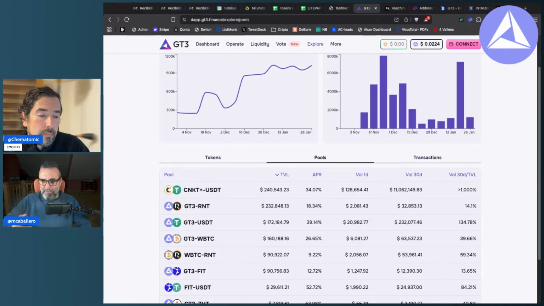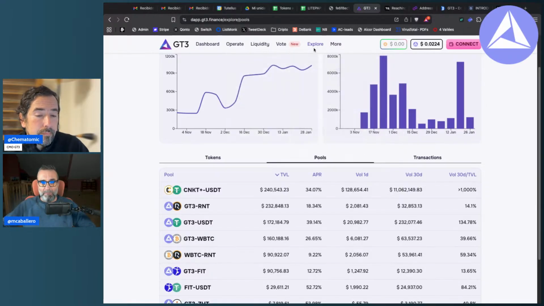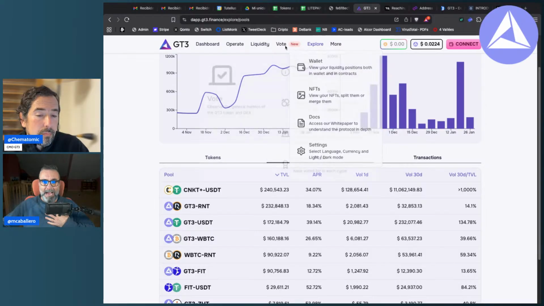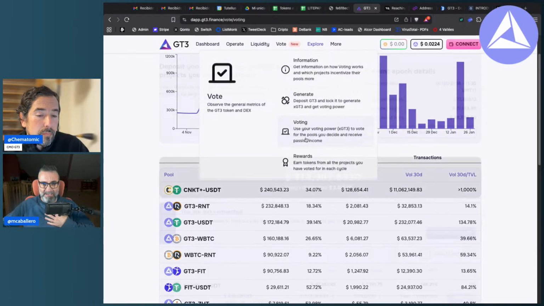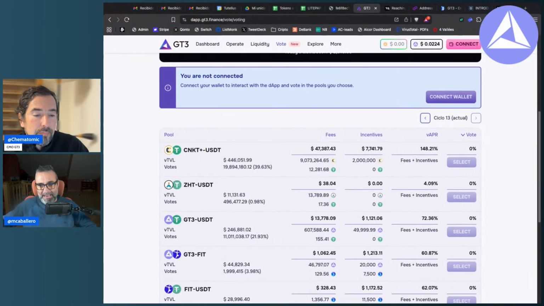We want volume. The more volume, the more swaps. The more swaps, the more fees. The more fees, the more passive income for everyone. So, guys, feel free to tell about GT3 to any kind of project. Anyone will be welcome. And we can help young projects, young tokens to get liquidity and to be recognized,